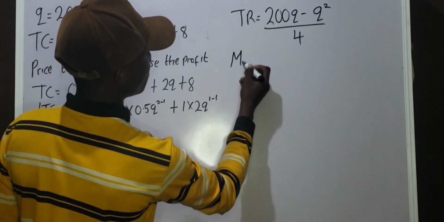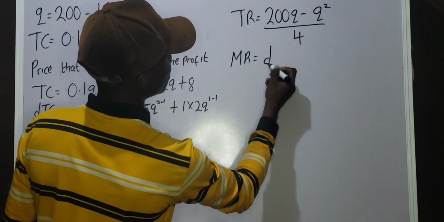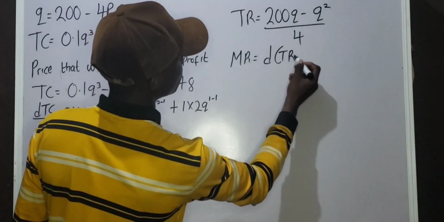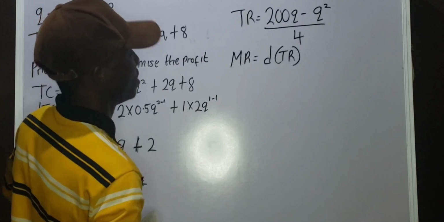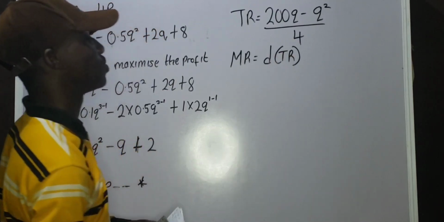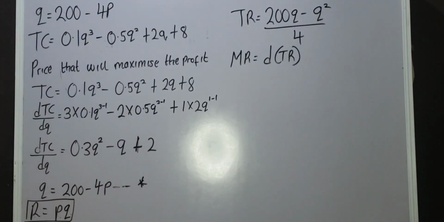From the equation that I gave you, marginal revenue is equal to the derivative of the total revenue. You understand? So now, let us take the derivative of the total revenue. Looking at this question, which differentiation rule are you going to employ to differentiate this function? We are going to make use of the quotient rule. You understand? The quotient rule of differential calculus is the differentiation rule that we are going to employ to